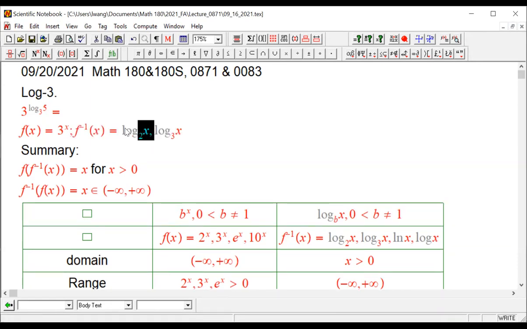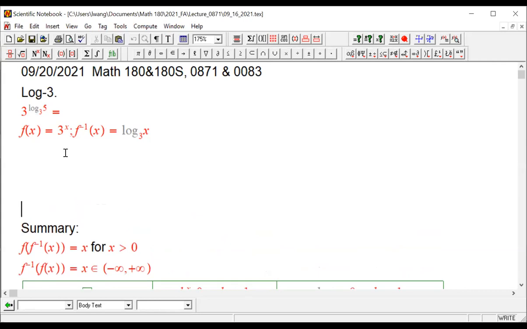It might not have been taught to you, but having these skills of manipulating these algebraically is useful for you. All right. So without further ado,